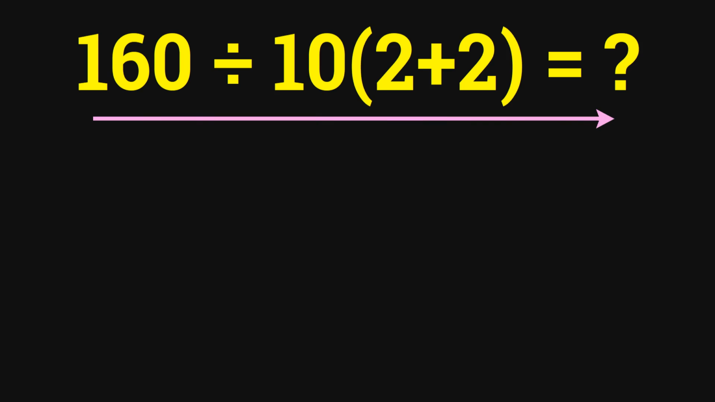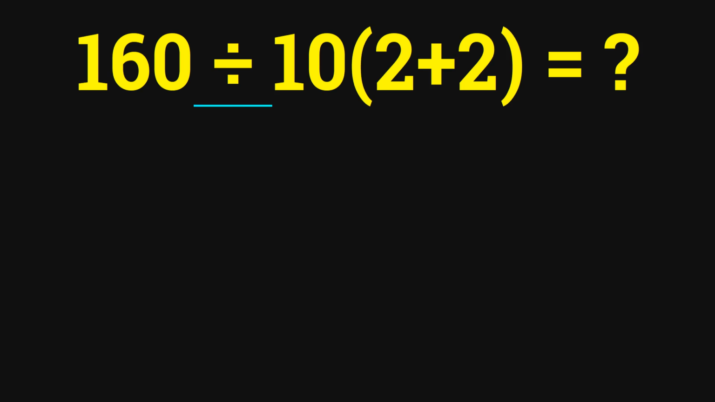Okay, let's start our solution. In our problem we have this division and this multiplication. Also we have this parentheses for this multiplication. In mathematics, if a number is placed next to parentheses, this means multiplication, and we don't write the multiplication sign